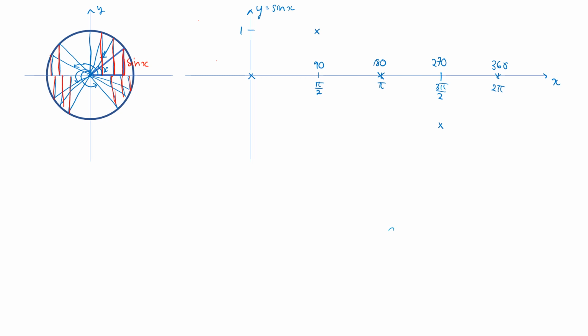And hence the shape of our sine curve for a full rotation of a circle is a very nice, although slightly not so nice at the bottom there, I managed to make that a bit sharp, oscillating curve. So it gently rises, gets its maximum at pi by 2 radians, comes back and intersects the x-axis at pi radians or 180 degrees, has its minimum at 3 pi by 2 radians or 270 degrees, and returns back to where it was